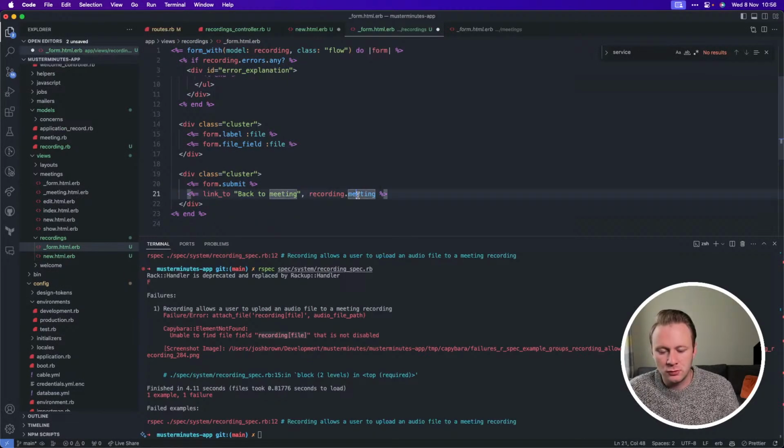Back to meetings, we're recording our meeting. Yeah, so actually we've scoped this into there, but what we haven't done is scope it by the meeting. We'll do rails db:rollback. Or maybe we don't need to roll back, but rails g migration add meeting to recording, and what we're going to do here is